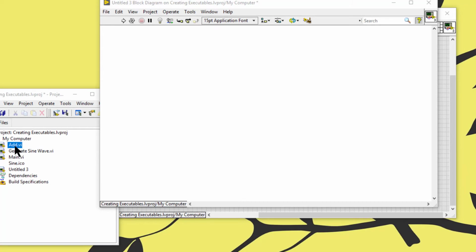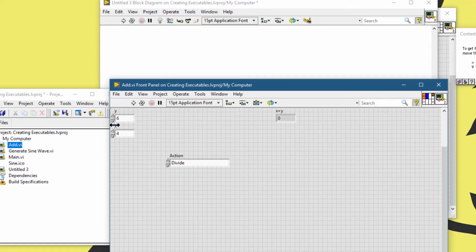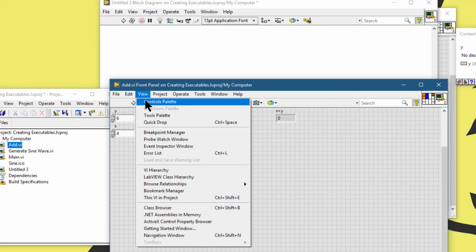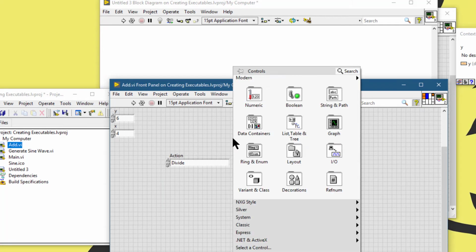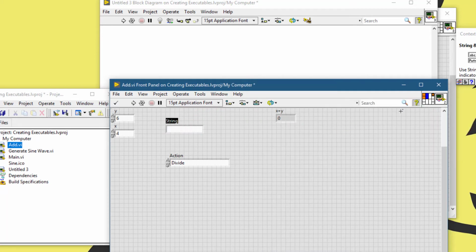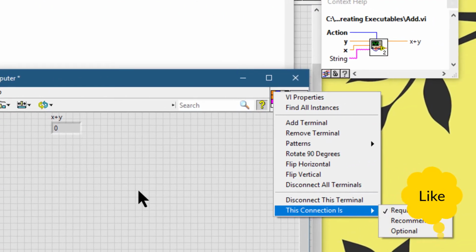If you have a SubVI, the controls of which have been set with default values, make current values default, then those controls that have been connected with this terminal is required. Value,